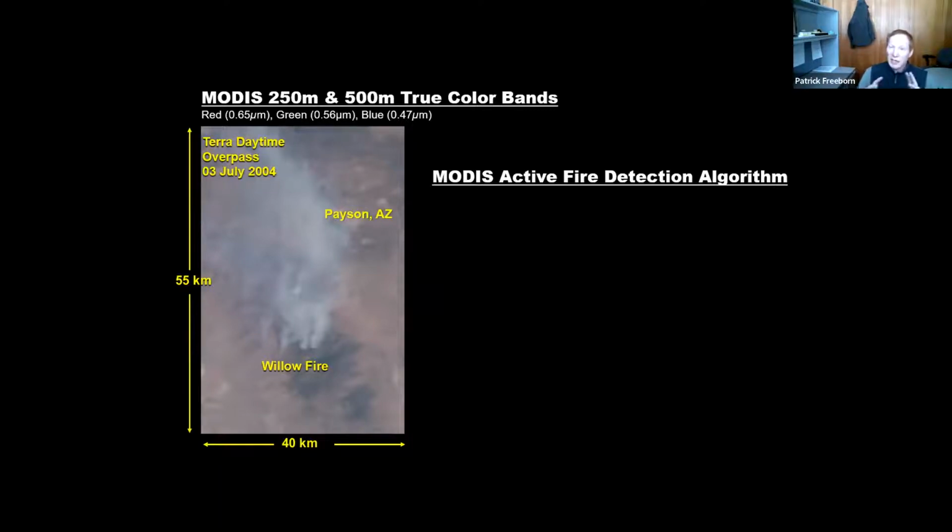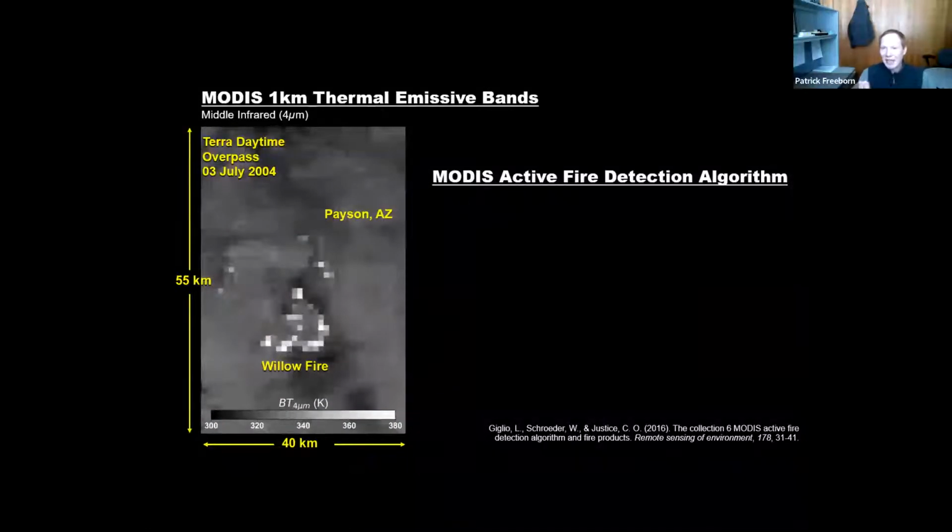And there are fire detection strategies out there that are trained to look for a smoke plume in order to identify the location of a wildfire. But most active fire detection algorithms rely on thermal imagery. So this is the exact same scene, but captured in the middle infrared channel at 4 micrometers. Again, just to drive the point home, whereas the visible imagery is based on reflected sunlight, thermal imagery is based on the radiant heat emitted from hot objects. And so each one of these 1 kilometer pixels has a brightness temperature associated with it.